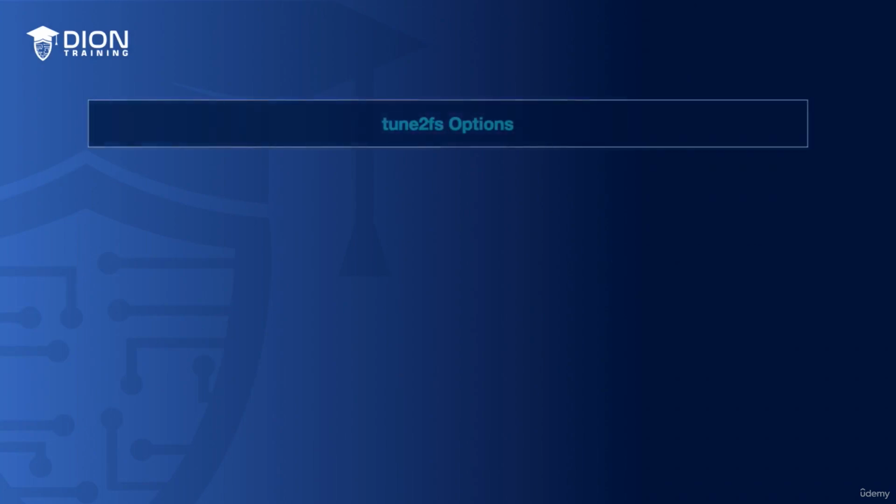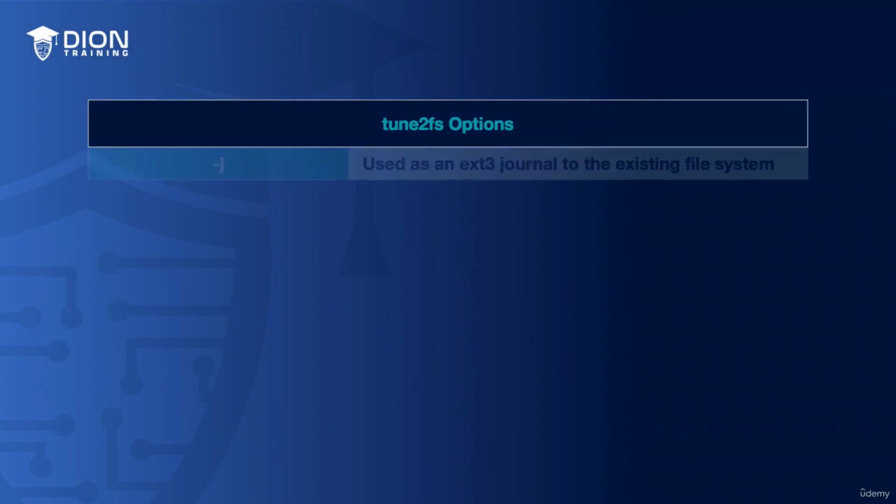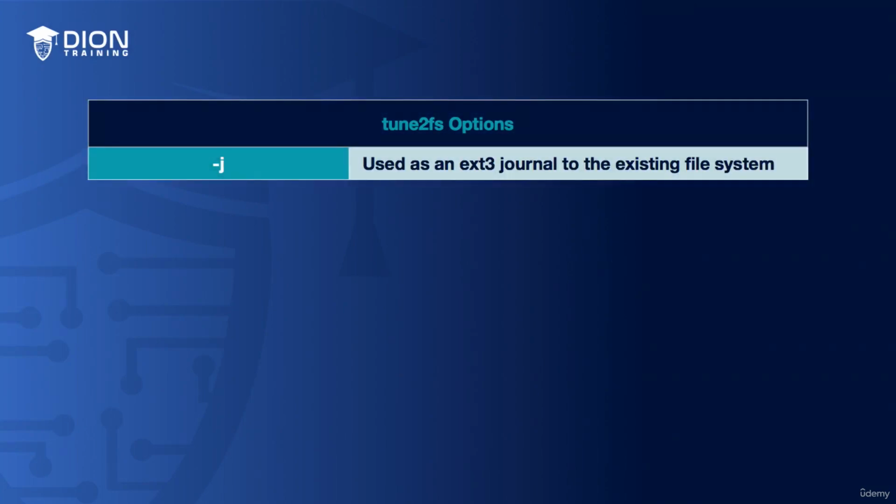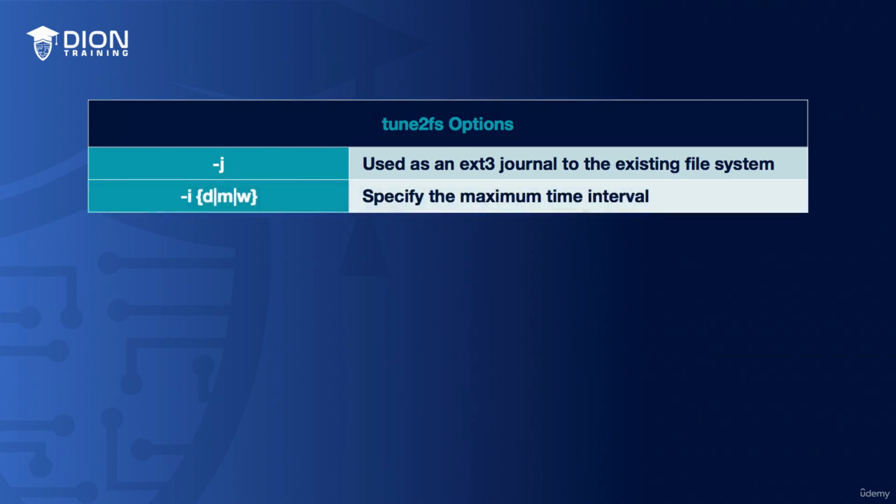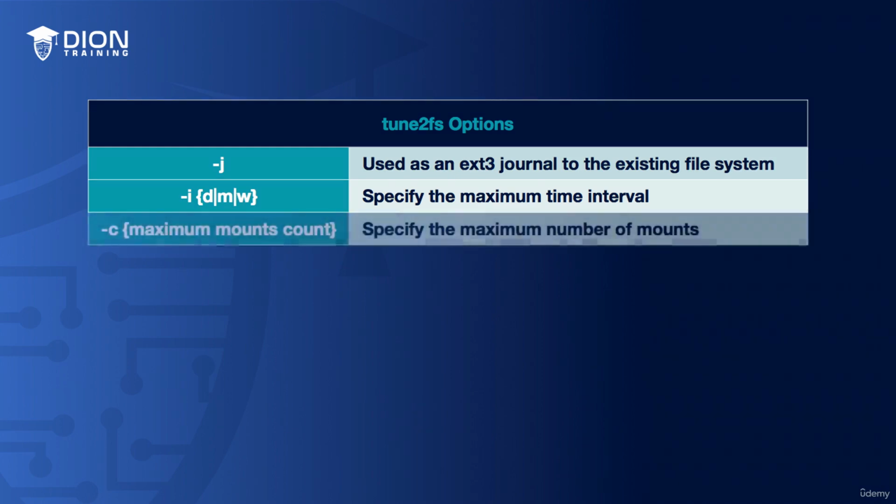The tune2fs command has various different options, including -j, which is used to add an ext3 journal to an existing file system. If you use -i, it's going to be used to specify the maximum time interval between file system checks, and you can give it the parameter of days, months, or weeks using d, m, or w. If you use -c and the maximum mounts count, you can use this to specify the maximum number of mounts